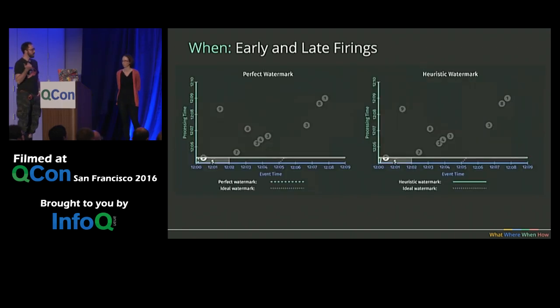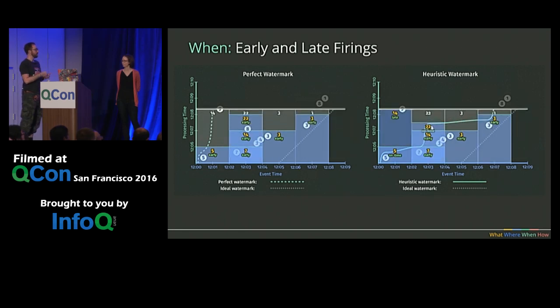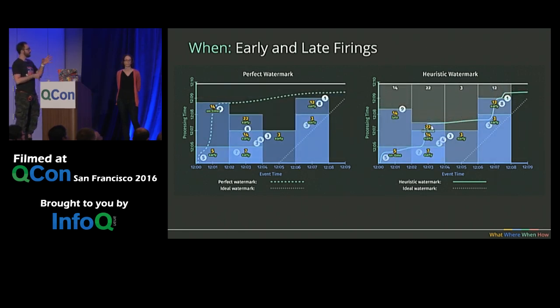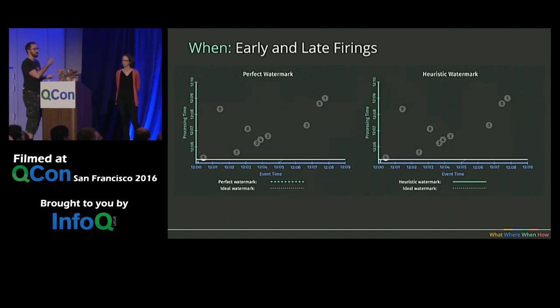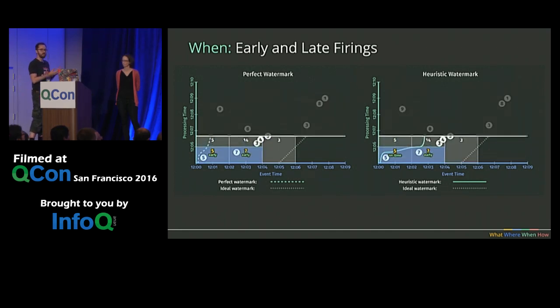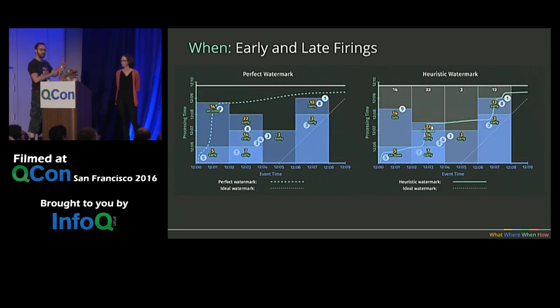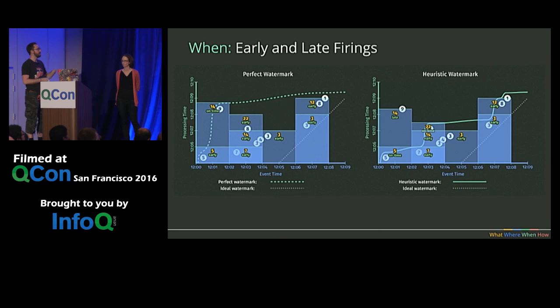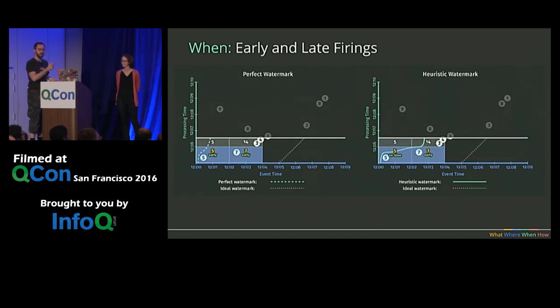So if we go back to the animations now and look at this, you can see it looks very similar to what we had before. But for certain windows, as time progresses, we're going to give early updates anytime that we've had data that's worth reporting about for more than a minute. And those are all annotated as early. Once the watermark passes the end of the window, if there's something new to report about, again, we'll give an